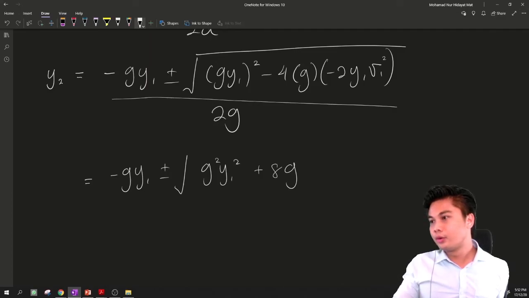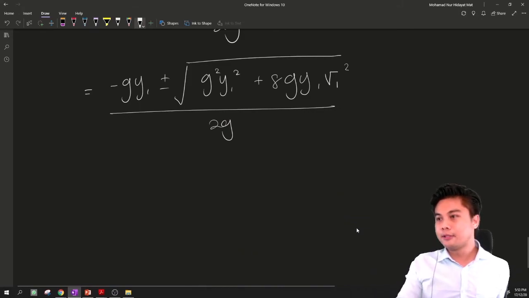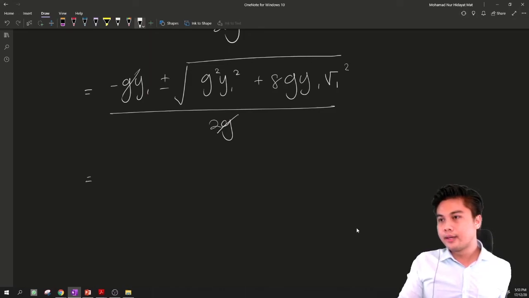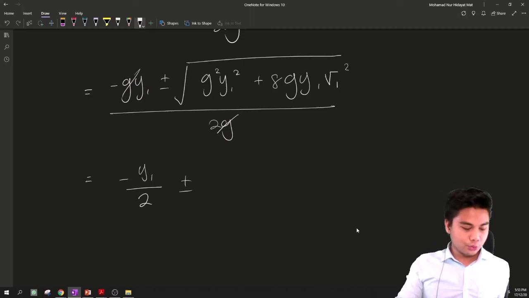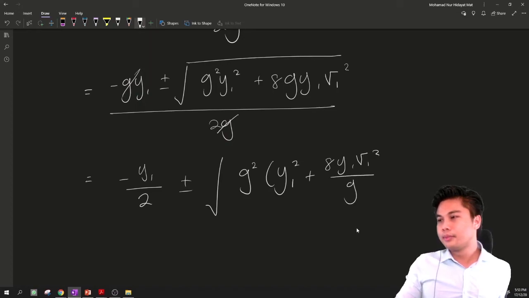g y1 v1 squared over 2g. So from here you can simplify gravity with gravity, and you will leave negative y1 over 2 plus minus. This one you try to simplify further. You factorize g squared, y1 squared plus 8y1 v1 squared over g. Because we factorize g squared, we divide with g squared, so only left g